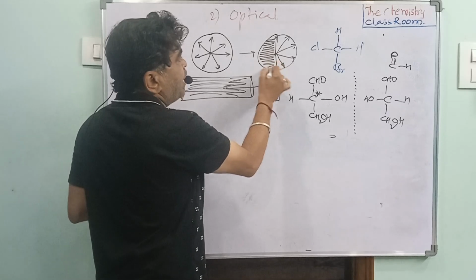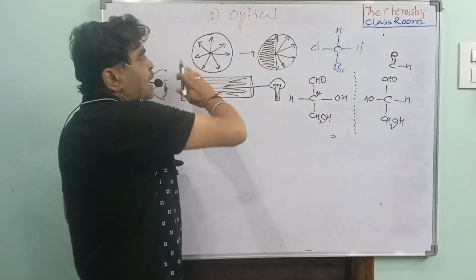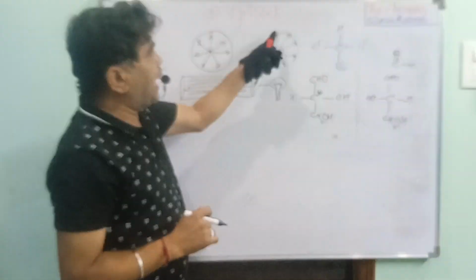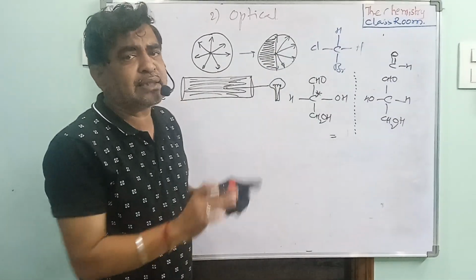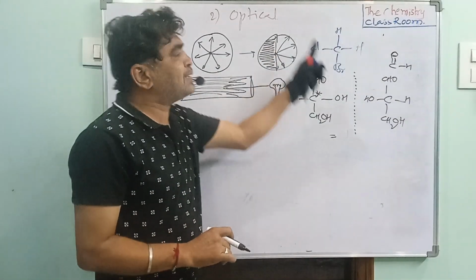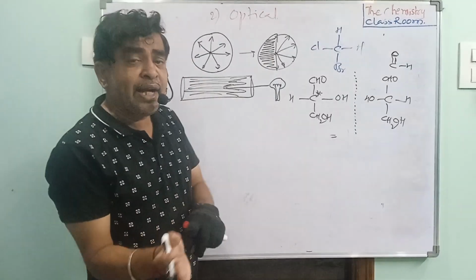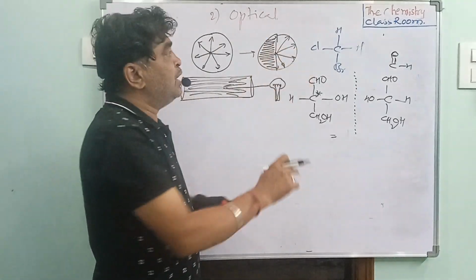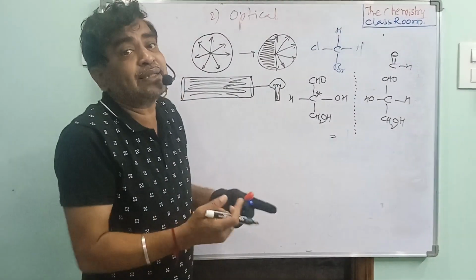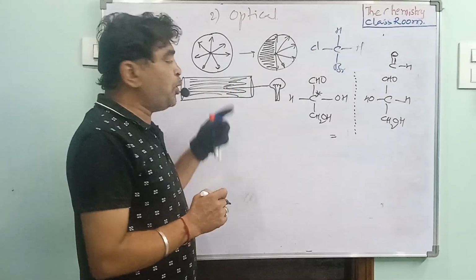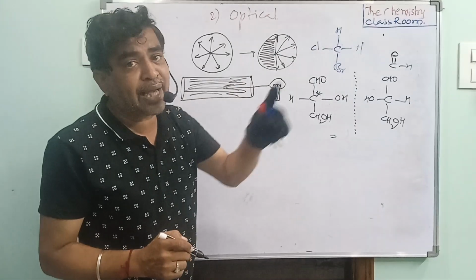The dark completely, what you are observing, the dark. Why? Because the complete light rotates towards the right side. So on the other side, what you are observing is completely dark only. On one side only you are observing the rays. So that means the polarized light is rotated towards one side. Which side is it rotated? The right side. When the compound that you observed in the tube rotates the light towards the right side,